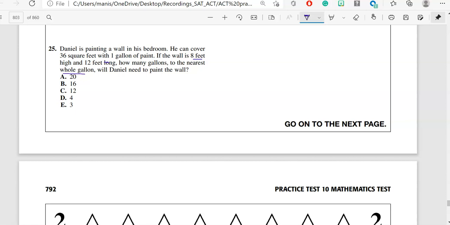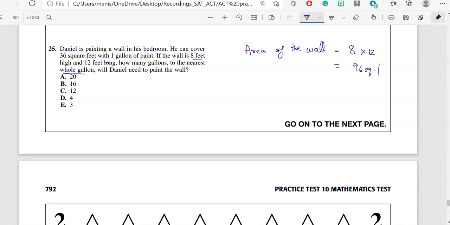So first of all, I will find the area of the wall. Instead of writing room, I should write area of the wall. Area of the wall is equal to 8 times 12, which will give me